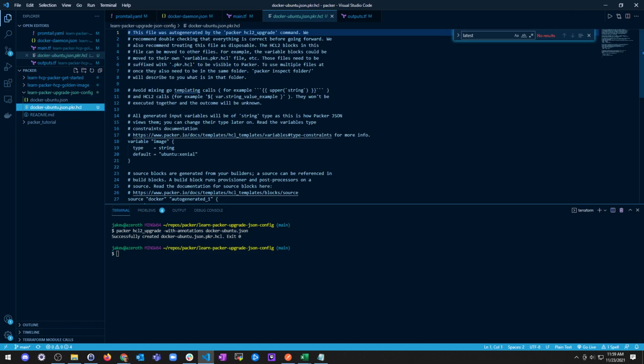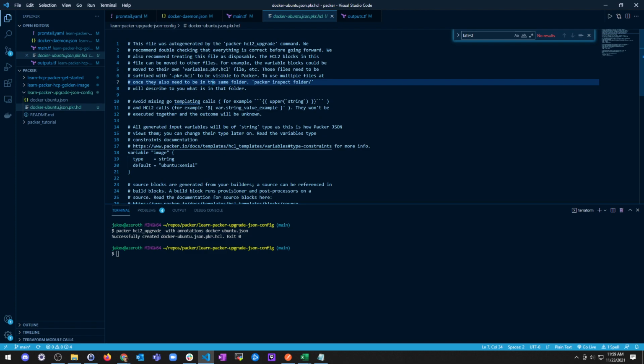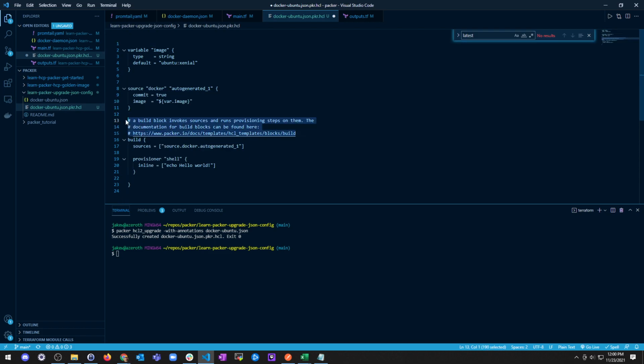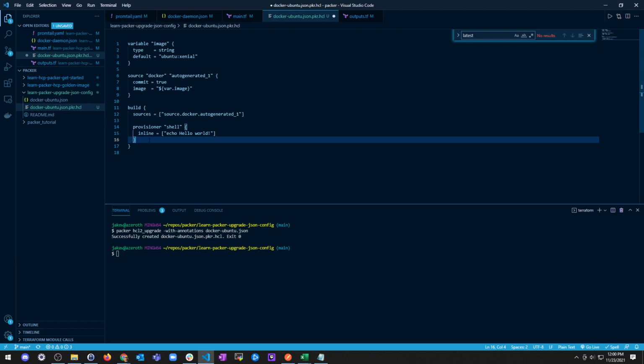This is a new file that was created, and there's a whole bunch of garbage in here for us to read through because it was auto-generated. But essentially, let's take out the comments so we can just look and see what this actually does. This should look like some standard HCL if you've ever worked with HCL. We have three blocks. We've got a block that defines our image variable, one for the builder source, which can be used to build an image, and then our build block